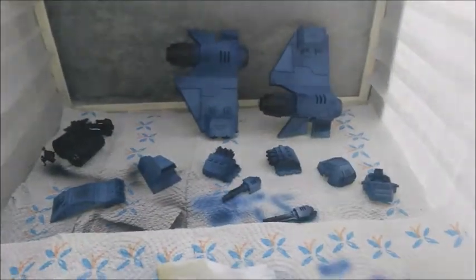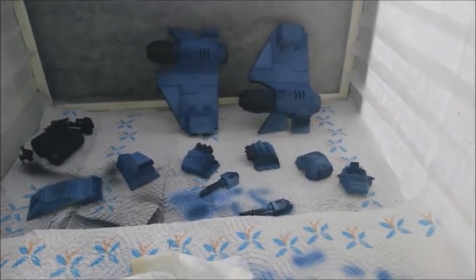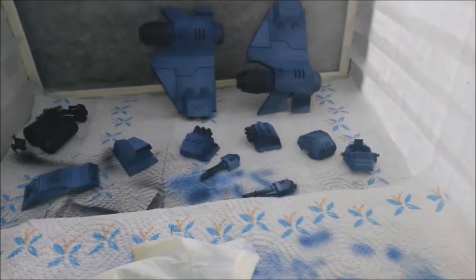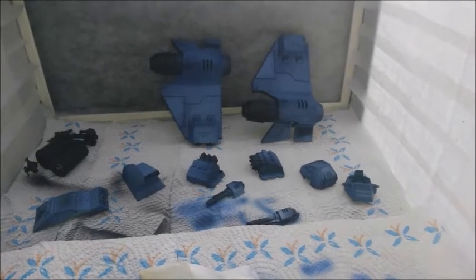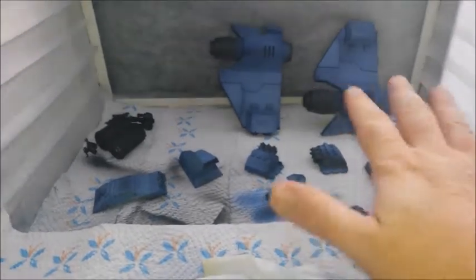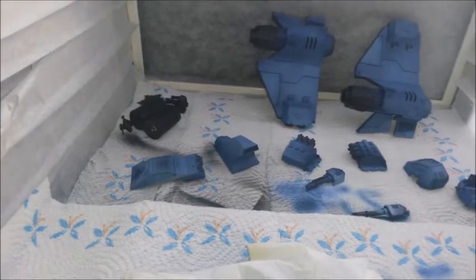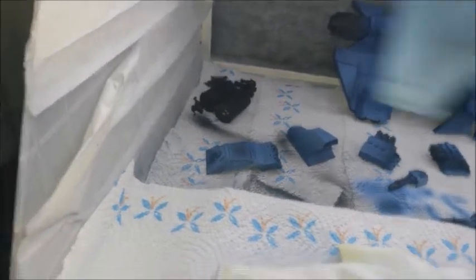Okay guys, this is the next stage. So what I did: gone in with black primer, Kantor Blue, washed it back with Nuln Oil, then gone back over it with Kantor Blue, avoiding the recesses. Then we've gone in with Altdorf Guard Blue, just the panels mainly, and then mixed Altdorf Guard Blue with Fenrisian Grey, which are all GW colours,